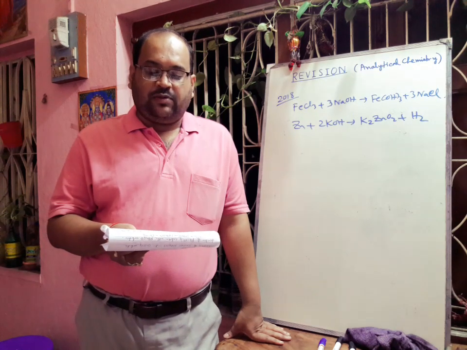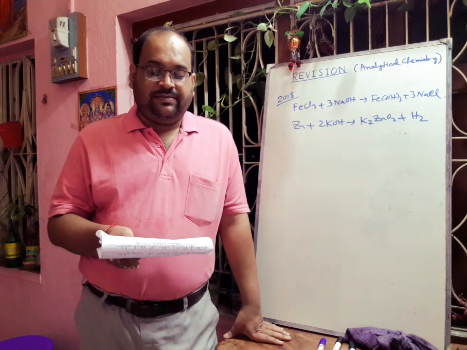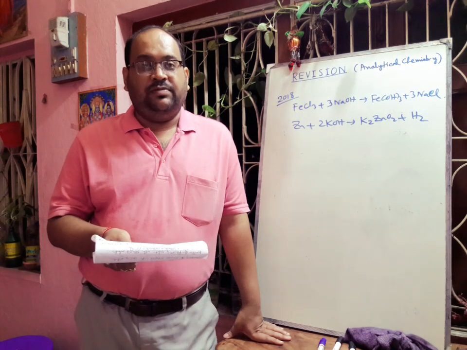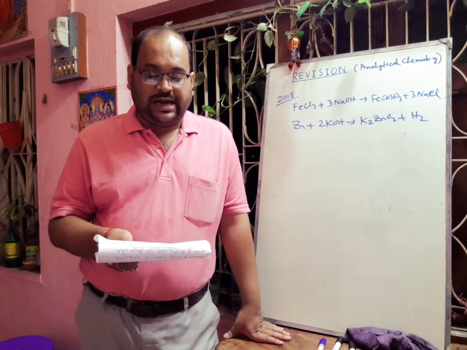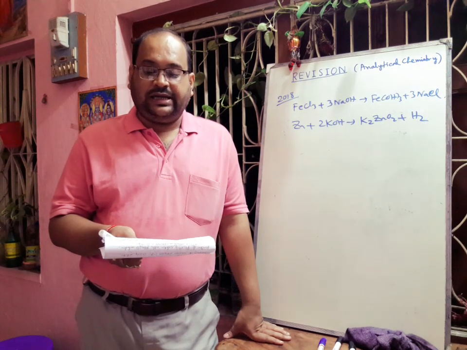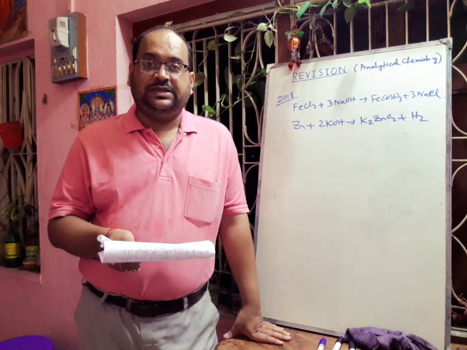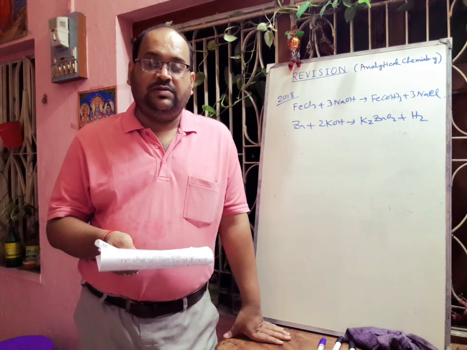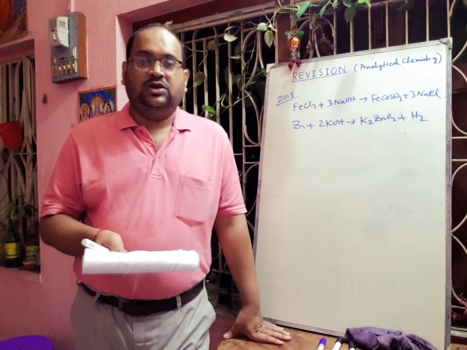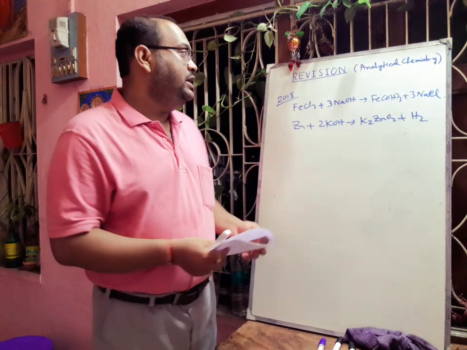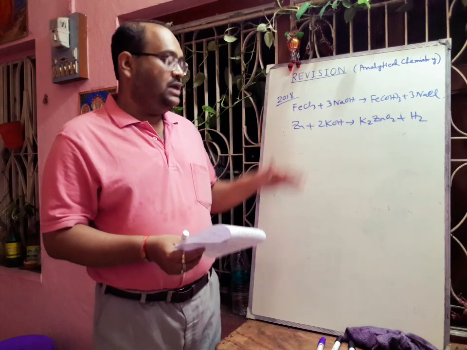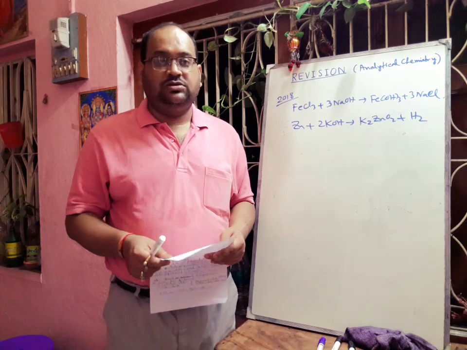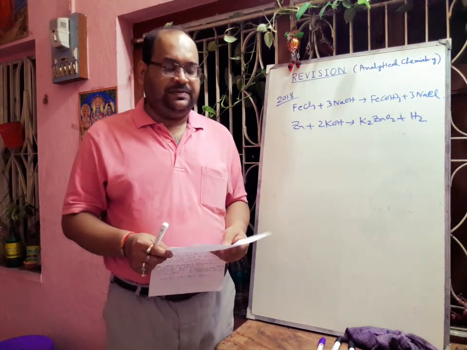Next one is sodium chloride and sodium nitrate solution. You can do the same thing. In the case of sodium chloride, you can add silver nitrate solution, and there will be a curdy white precipitate of silver chloride. In the case of sodium nitrate, there will be no such precipitation upon addition of silver nitrate, and the silver chloride precipitate will be soluble in ammonium hydroxide. So today I have already discussed the 3 years' questions. Next I want to clear some doubts you have from this chapter.